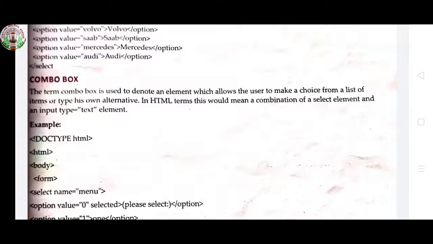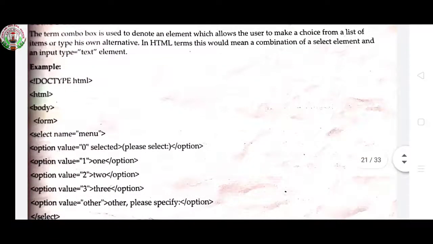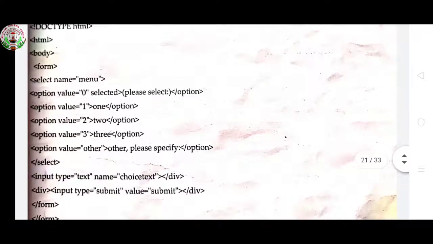Example, HTML body form, select name is equal to menu, option value 0 selected, please select, option value 1, option value 2, option value 3, close options, then option value other, please specify, close option tag, close select tag.